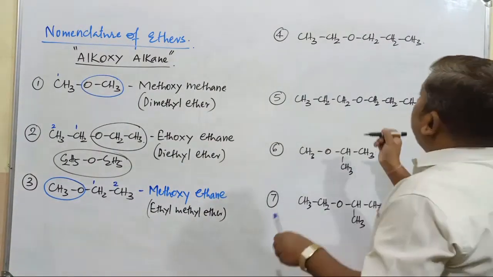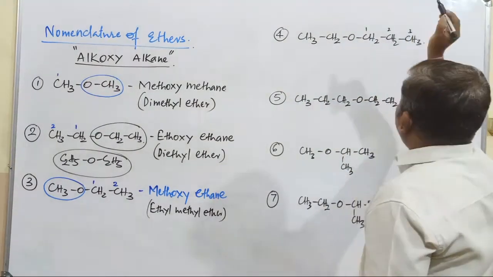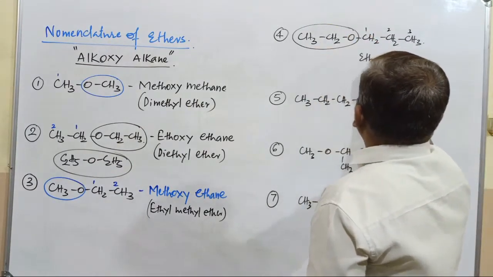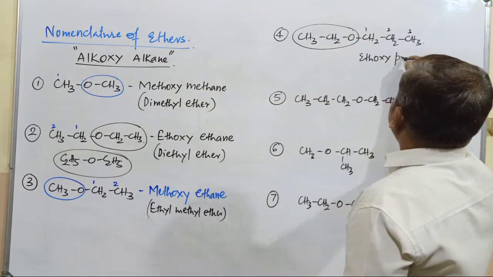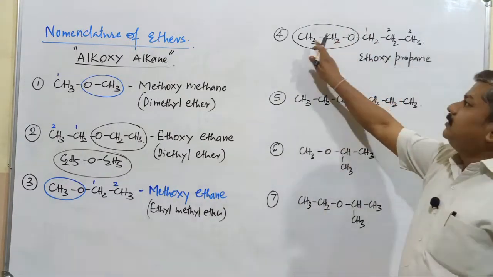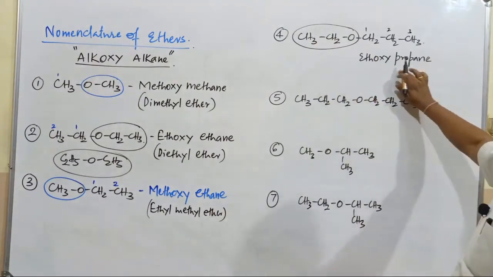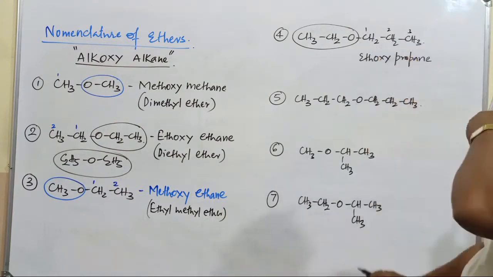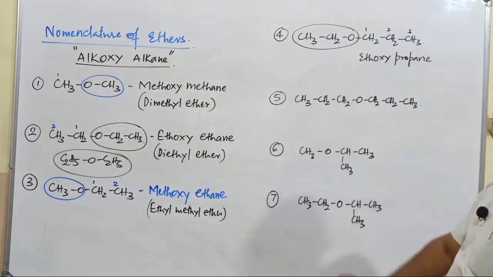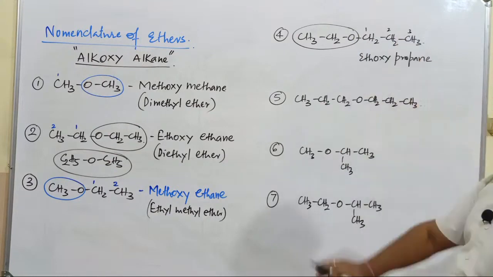You take this one, this side 2 carbon atoms, this side 3 carbon atoms, so I'll take 1, 2, 3 as the longest chain. Now this group is going to be considered as what group? Ethoxy. Now it is called ethoxypropane. Very simple. Why is it called ethoxy? First, C2H5 and oxygen is there, that is CH3CH2 and oxygen. Ethoxy, I just mentioned here. Propane is because the longest chain contains 3 carbon atoms. Don't take the longest chain from here to here, because you cannot take that, since in between an oxygen atom is present. The longest chain has 3 carbon atoms, prop, and single bond, so it is going to be propane.